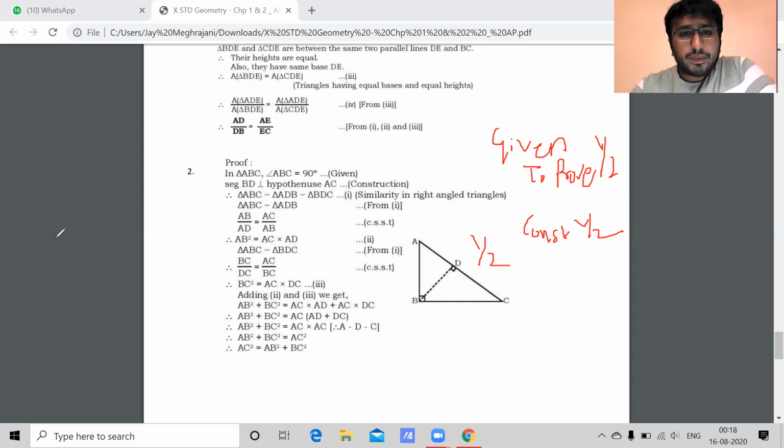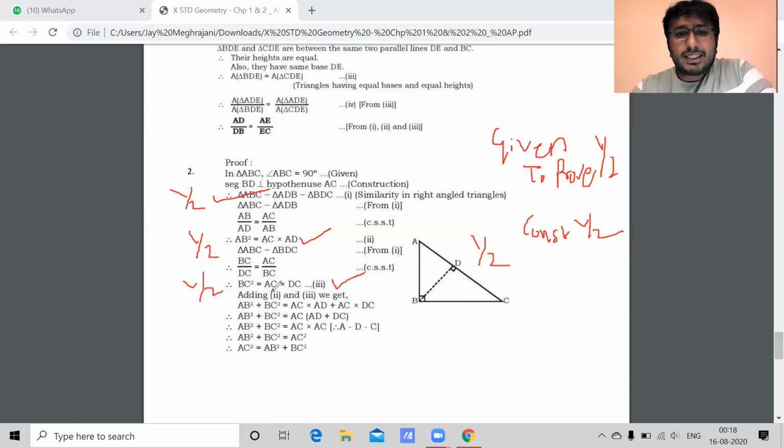Okay. Now students, we know in a right angle triangle from a 90-degree angle, whenever you draw a perpendicular to the hypotenuse, total there are 3 right angle triangles and all the 3 right angle triangles are similar by similarity of right angle test. If you have done this step correctly, you will be getting half marks. Then we will first find AB square is equal to AC into AD. If you have done correctly, you get half marks. Next, BC square is equal to AC into DC. If you have got this equation correct, you get another half marks.